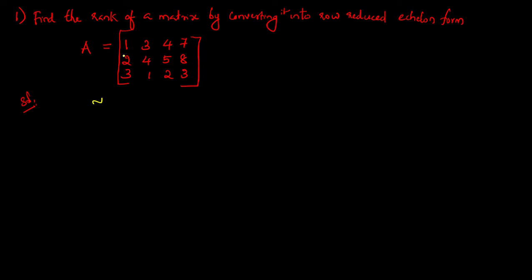First step is making the first element of the first row 1. Since in the given question it is already 1, we can write this first row as it is. To make all the elements below this 1 zeros, we can use a row transformation. R2 gives R2 minus 2 R1. That is 2 minus 2 into 1, 2 minus 2, 0; 4 minus 2 into 3, 4 minus 6, minus 2; 5 minus 2 into 4, 5 minus 8, minus 3; 8 minus 2 into 7, 8 minus 14,